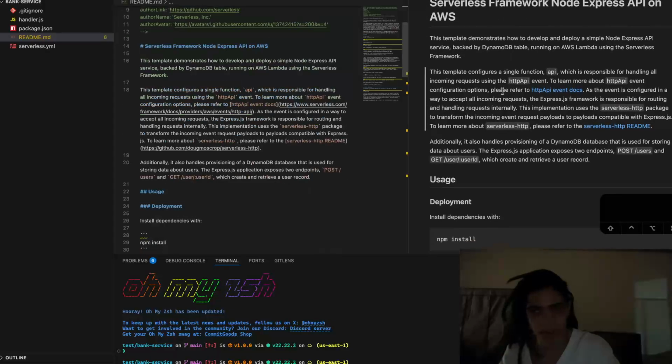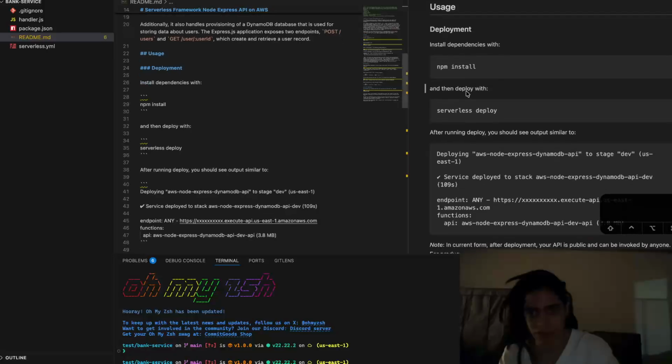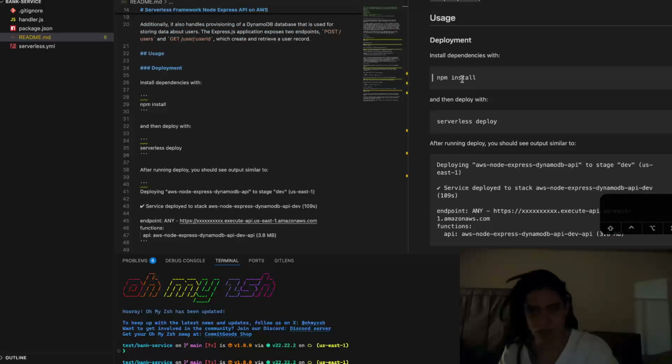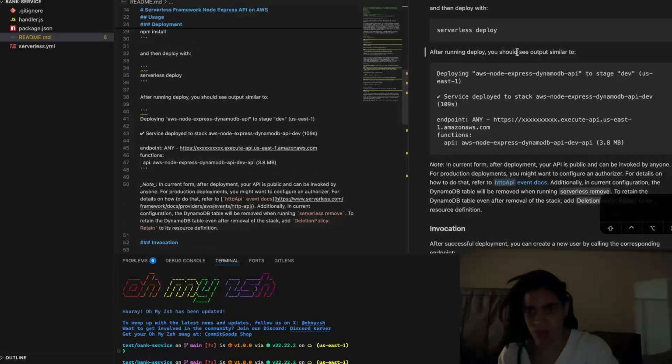The deployment uses this: npm install for the dependencies, then serverless deploy, deploying AWS Now Express Dynamo. Okay, so this is how you can install your dependency and then deploy that. After running deploy, you should see output similar to this: AWS Now Express Dynamo API to stage dev on this region, service deployed to stack AWS Now Express Dynamo API dev, and the endpoint,